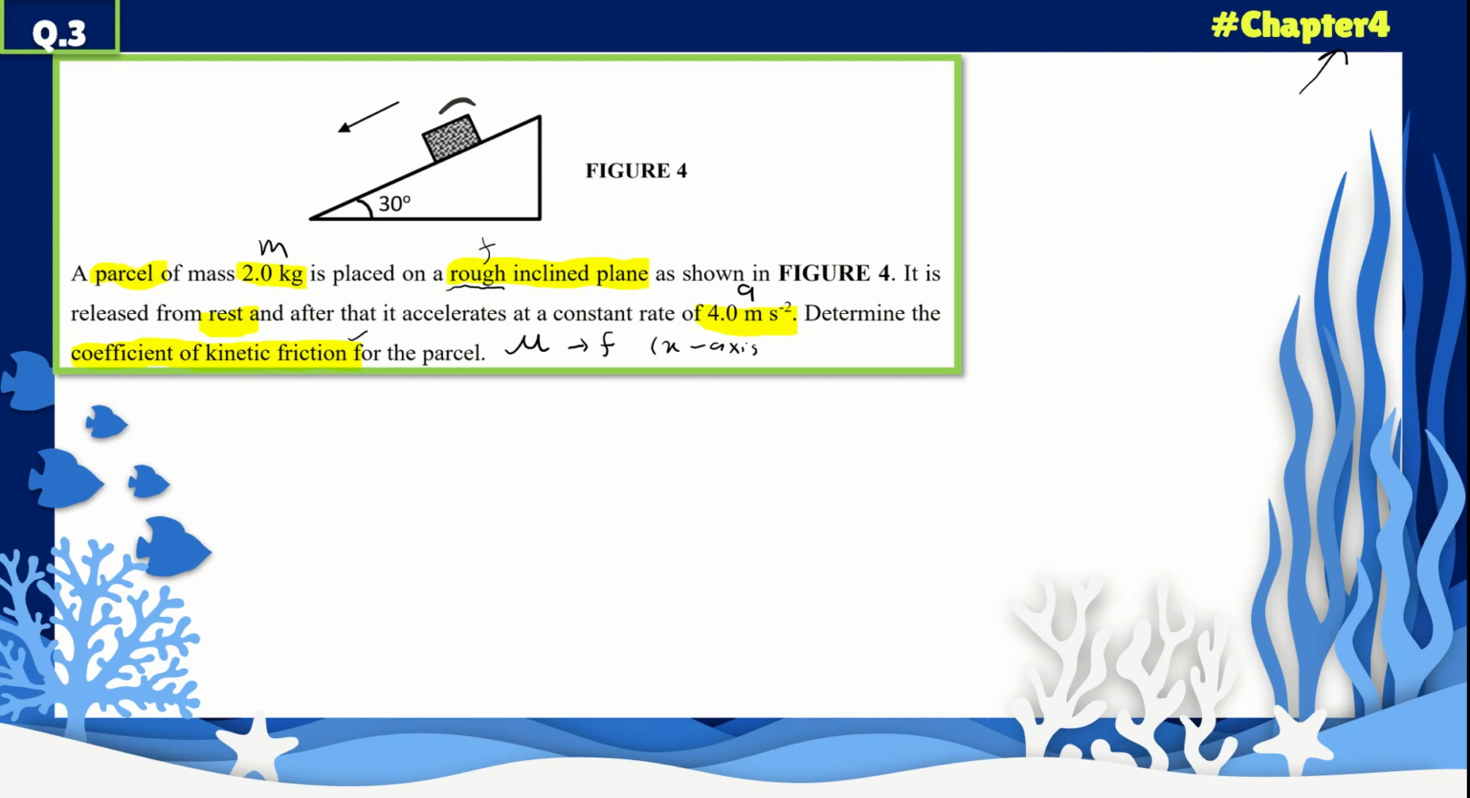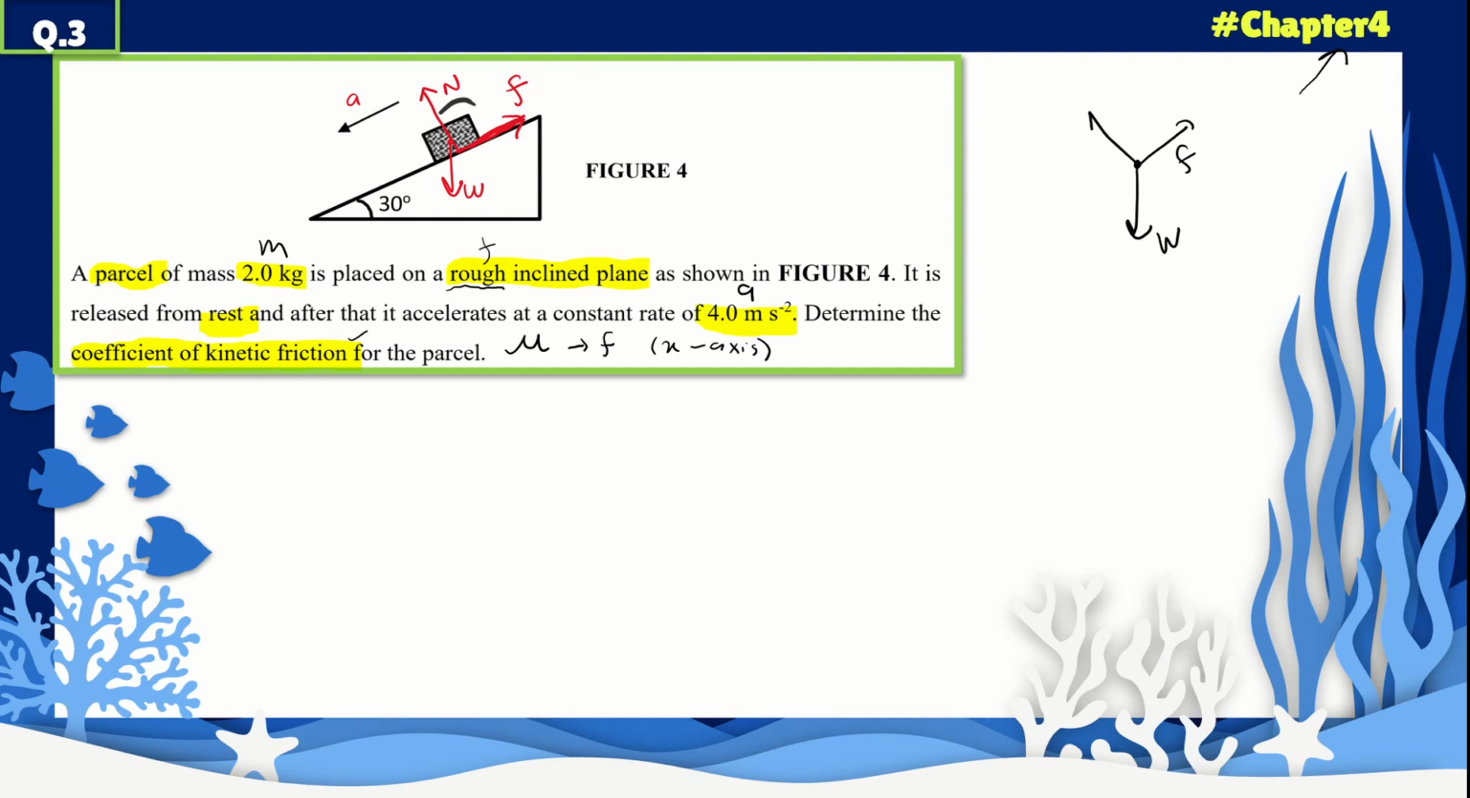So the first step is to draw the forces acting on the parcel. So we have here weight, and also we have here normal, and the motion is downward to the left. So we also have friction to the right. So if we move the forces into a free body diagram, it's going to be this way. So we have friction,